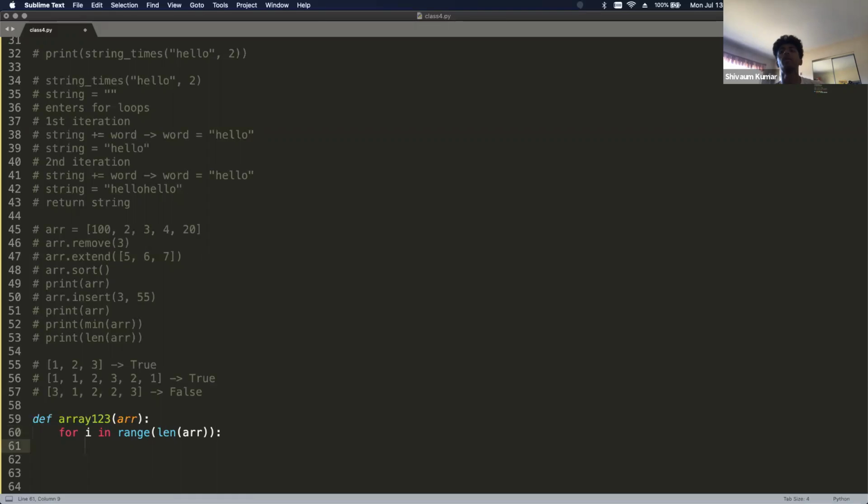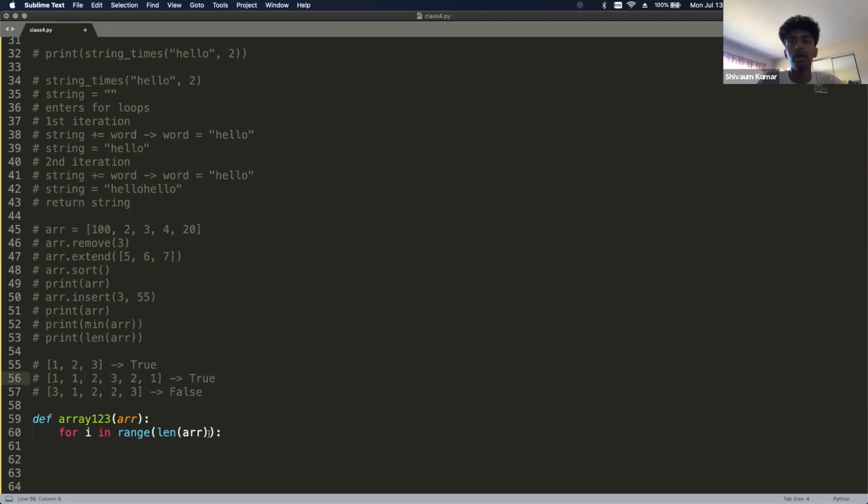So first, if I were to do this, it will go through each number in my array and tell me what the number is. For this sort of problem, that's not exactly what I would want to do. Let's say I'm iterating through my array and I'm at the first number. I would want to look at the current number I'm on, the next number, and the number after that, to check whether 1, 2, and 3 are right next to each other.